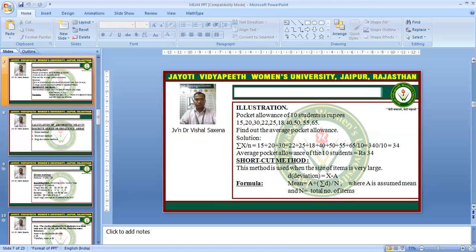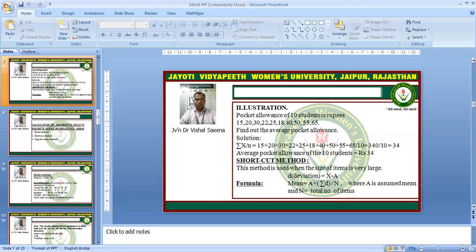Next, we can find out the mean by another method, and this method is known as the shortcut method. This method is used when the size of the items is very large. In this case, the method is appropriate to apply. The calculations will become easy, and in the shortcut method, the mean is given by the